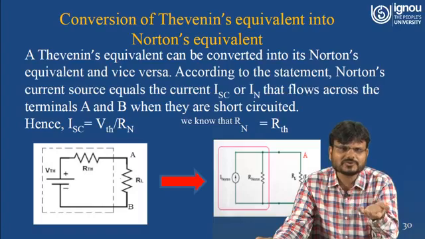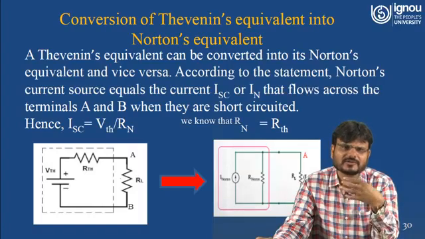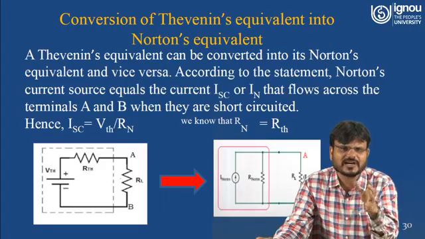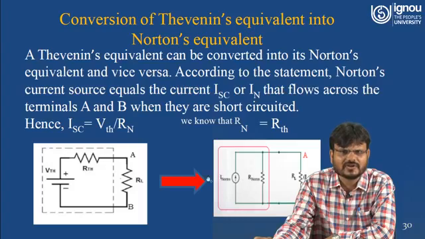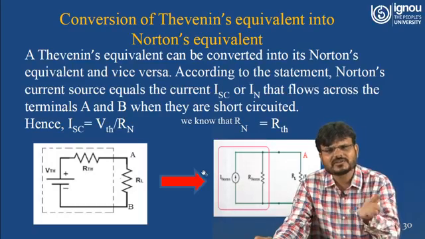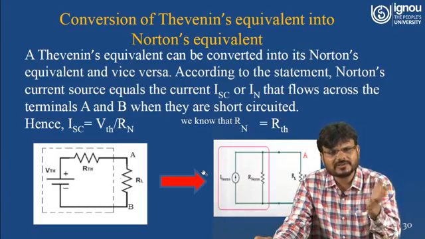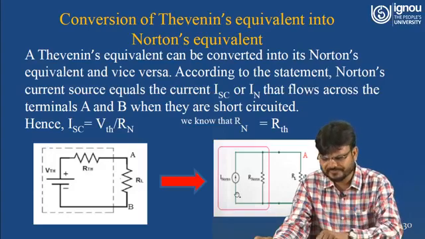The methodology to find the equivalent resistance for the Thevenin theorem and for the Norton theorem is the same. So you can say RN and RTH are the same. So IN is equal to what? IN is equal to VTH divided by RN. And whatever resistance is in series with the VTH, just put in parallel as the Norton resistance. So you can convert a Thevenin equivalent into a Norton equivalent.